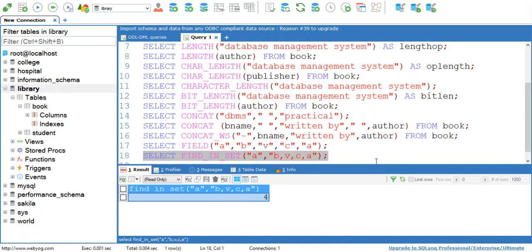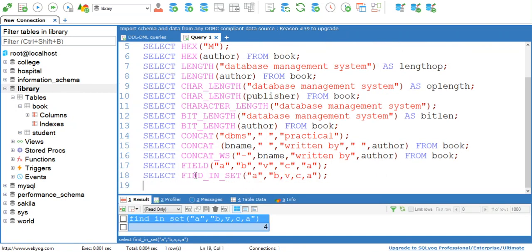Now when you look at the query, you can see the difference in the parameter list. Here A is the first parameter and B, V, C, A are the subsequent parameters, and here A is the first parameter and B, V, C, A is the second parameter.